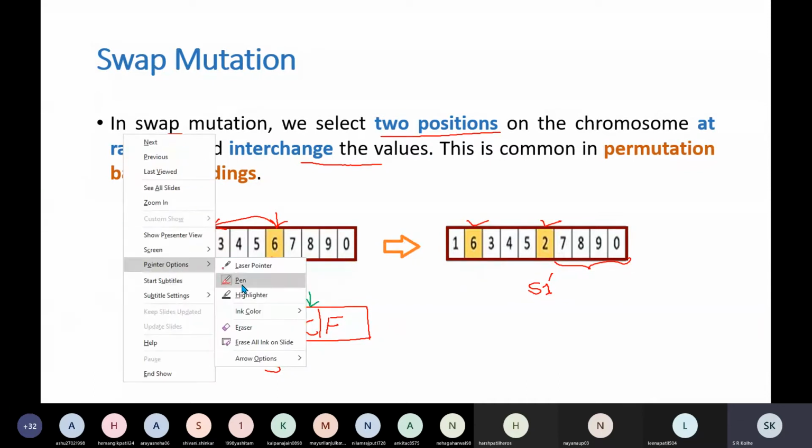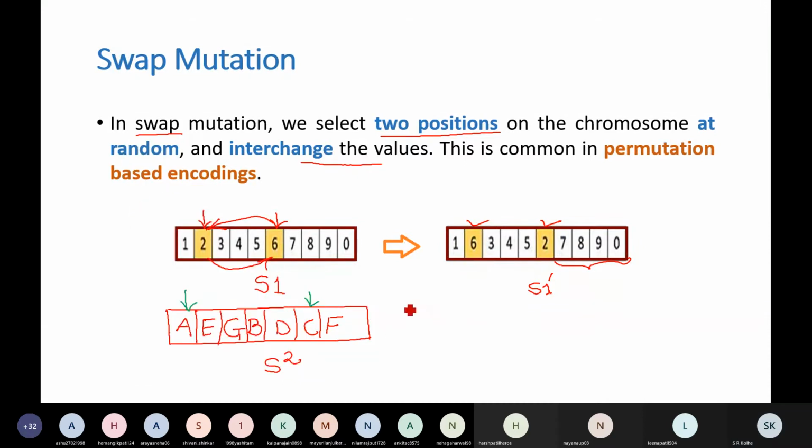So what will be the generated solution? S2 dash will be, these are two randomly selected positions. So you are going to swap. It's a swap mutation. Swap the corresponding values. So this A, you are going to replace that with C and C with A. So resultant solution will be, yes,